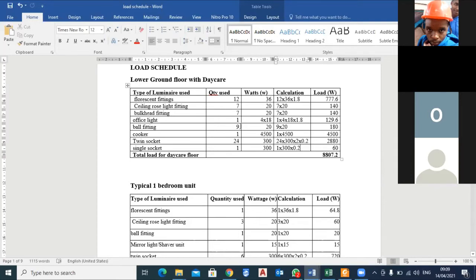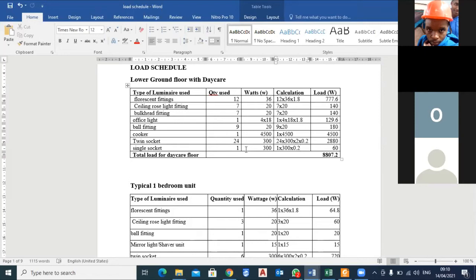And also you can say that you'll have 1 circuit for cooker. A cooker must have its own circuit. Hata tungekuwa na shower ingekuwa na circuit yake. Then for the sockets, they are 25, like I said. For these sockets, you will need 3 circuits. Why am I saying 3 circuits? Because